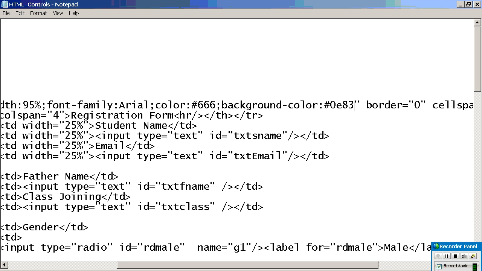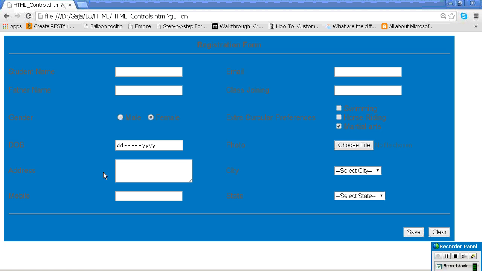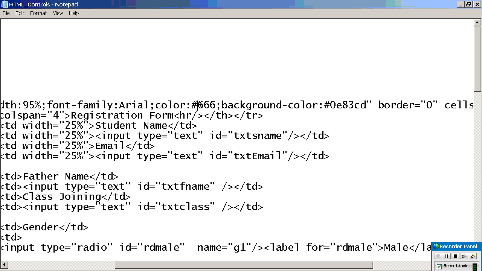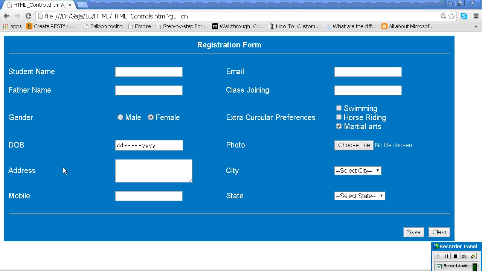I know some color codes that I am writing, but don't worry if you don't know them. You can copy this. Now, what is the best color on that background here? That's not black. Six Fs will give white, six zeros will give black. Now, this looks like the best color. Are you understanding? Next.